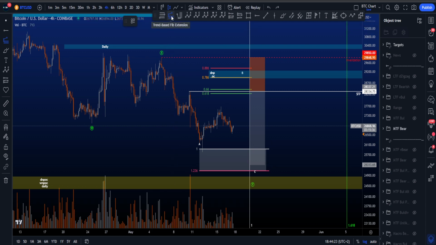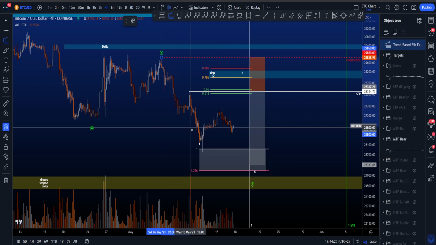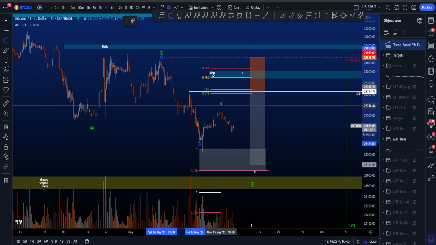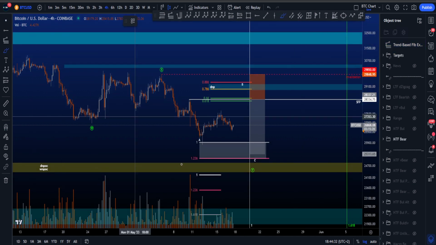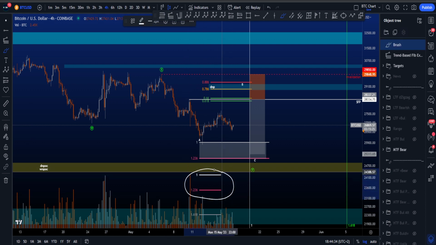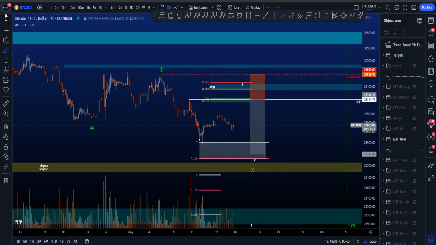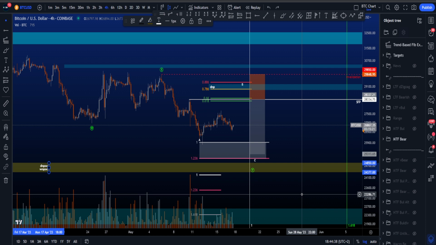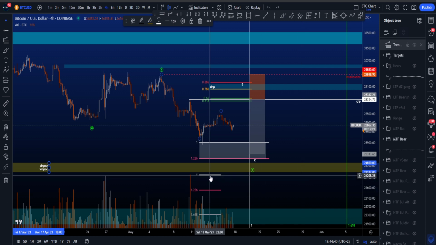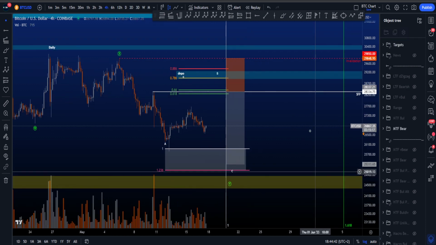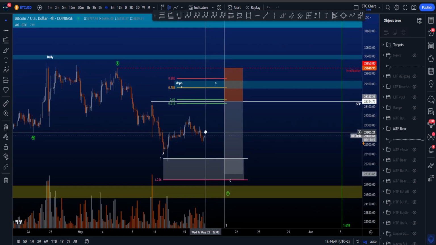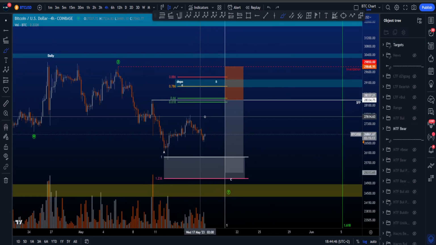Because if we take the trend-based fib extension from the beginning of X to the low of A to the high that we made at the moment, then you can see the most common target area for this wave C would be all the way down here, which is even below the yellow target box, which is sitting between 24,850 to 24.3k. So preferably, price will find another move to the upside, another high to be made over here, and